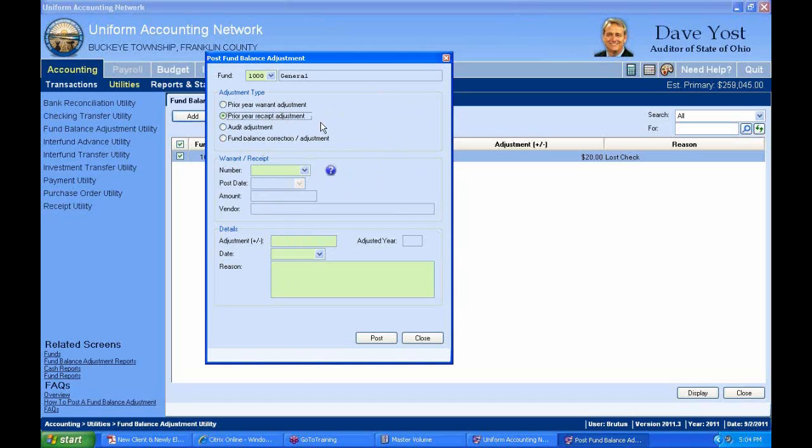All right, our next example, exercise 2, is voiding a prior year receipt. And same idea, we happen to have a receipt that carried over, was outstanding as of 2010, and that would be, like I said, more of an unusual circumstance than a prior year warrant adjustment. But that kind of thing does happen. Maybe the vendor sent us back, we deposited a check, and then